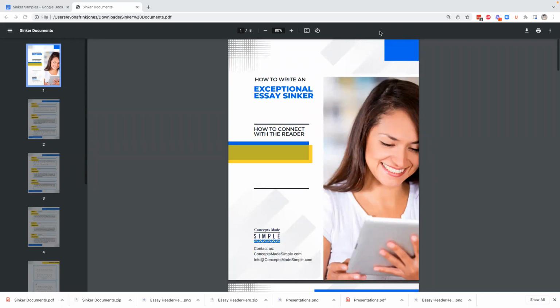Our first lesson was on how to find a hook. The second one was how to outline a great essay. So we've got hook, line, and our last lesson is on the sinker. So hook, line, and sinker. The sinker is how to connect, how to really make the essay work, how to connect with the reader.